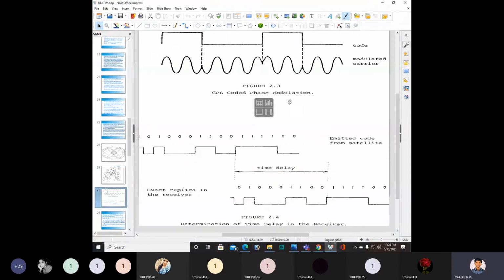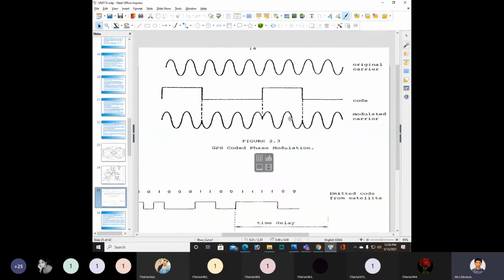In that we have figure 2.3, the GPS coded phase modulation. If you have a 1, there is no phase shift. So you will get the same as the original carrier.